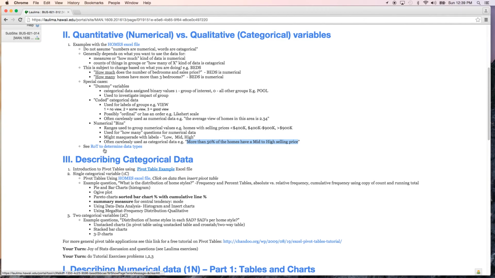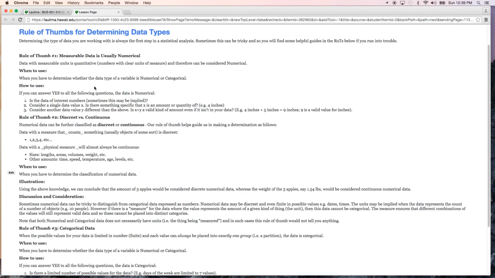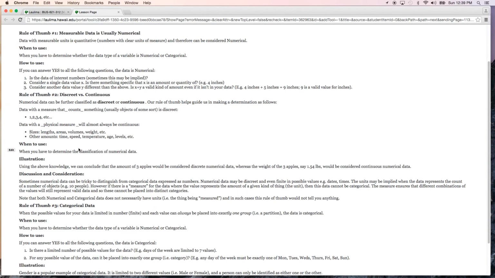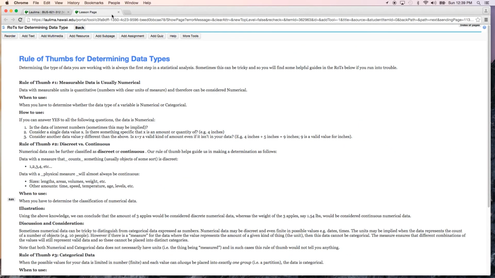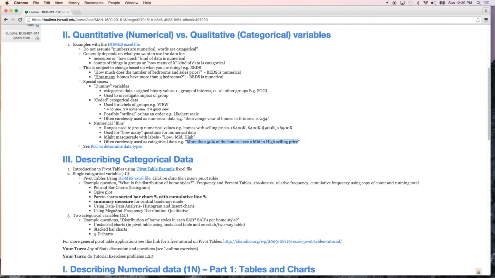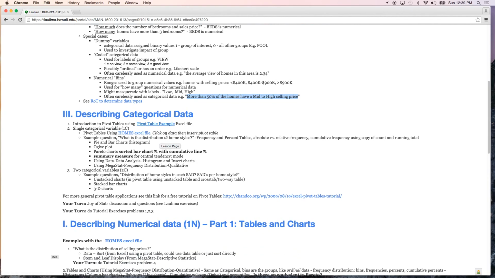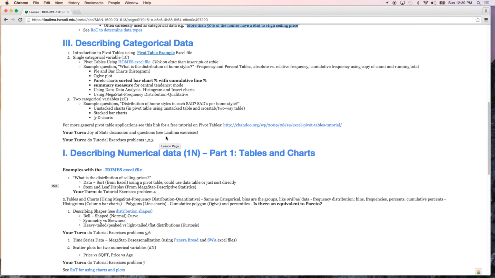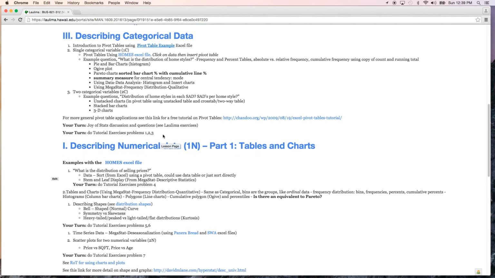For more details, you can look at the rules of thumb for determining data types, which may be helpful in tricky cases. And I'm just taking a look at this now, and you can see just basic ways of trying to help you identify. Generally speaking, it's very important to identify what kind of data type it is the very first thing you do. So let's say we've determined our data type